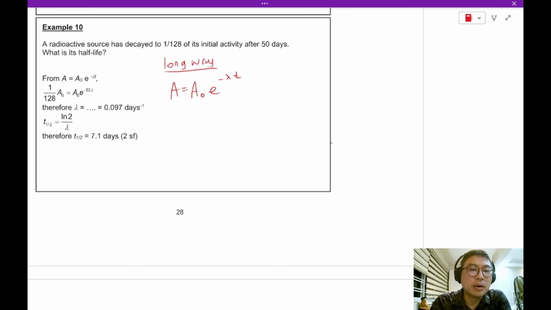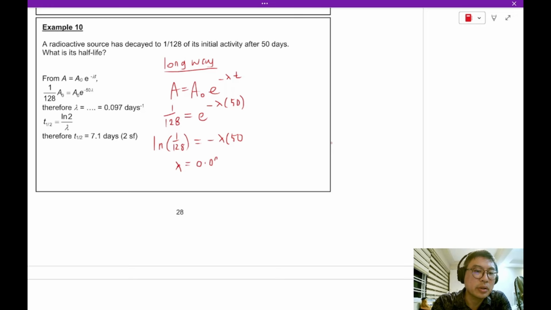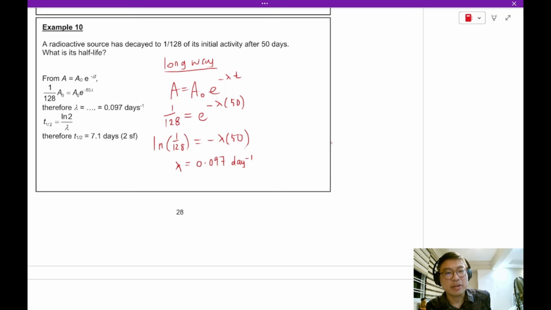So we're going to write down 1 over 128. This is the activity level. This equals e to the power of minus lambda, and the time is 50 days. Now, if you take ln of both sides, you get ln 1 over 128 equals minus lambda times 50. And that is going to give you lambda equals 0.097 per day. That means you have a 9.7% chance of decaying every day, for our